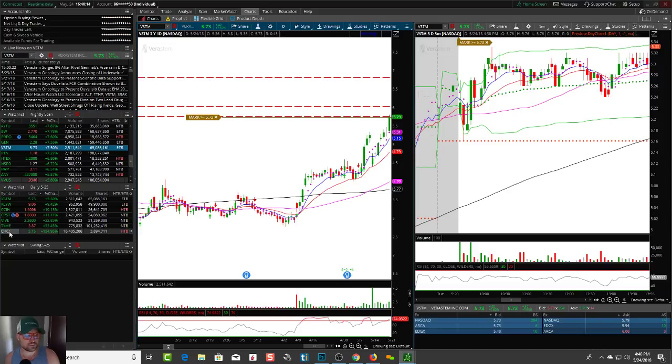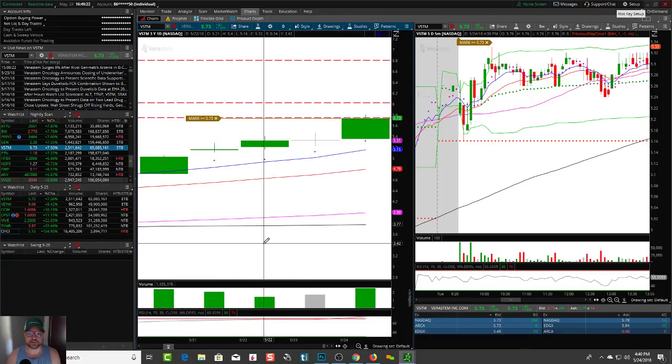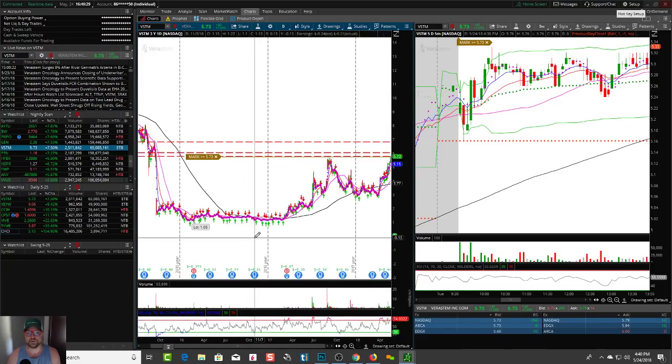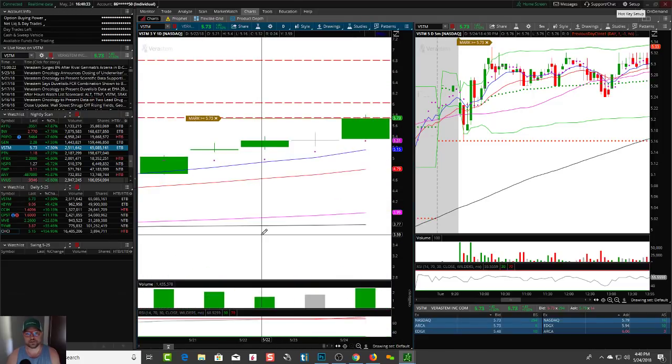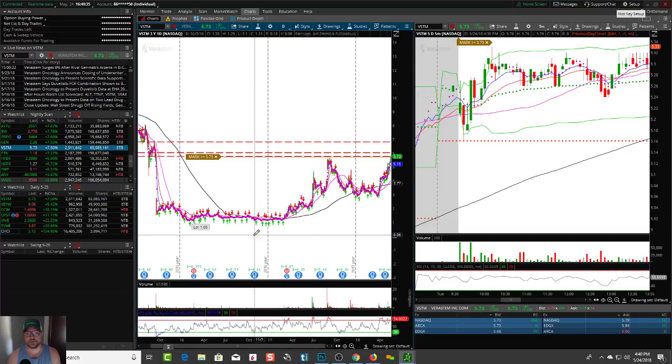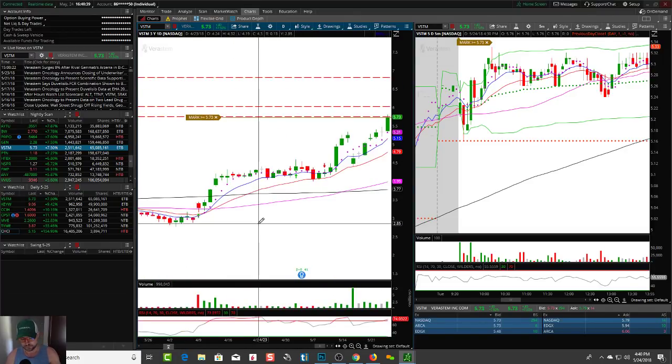So how do I zoom in and out? I have a mouse, and I hold control, and I just use the scroll wheel of my mouse. So I hold control, and then I take my mouse and push the wheel forward to zoom in, and pull it backwards to zoom out. Control and scroll up to zoom in, and scroll down to zoom out, right? See that? Zoom in, zoom out. Does that help you, Matthew?